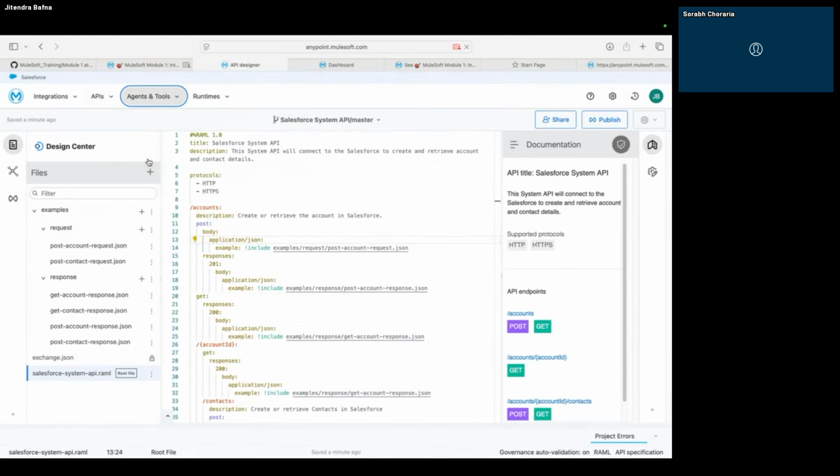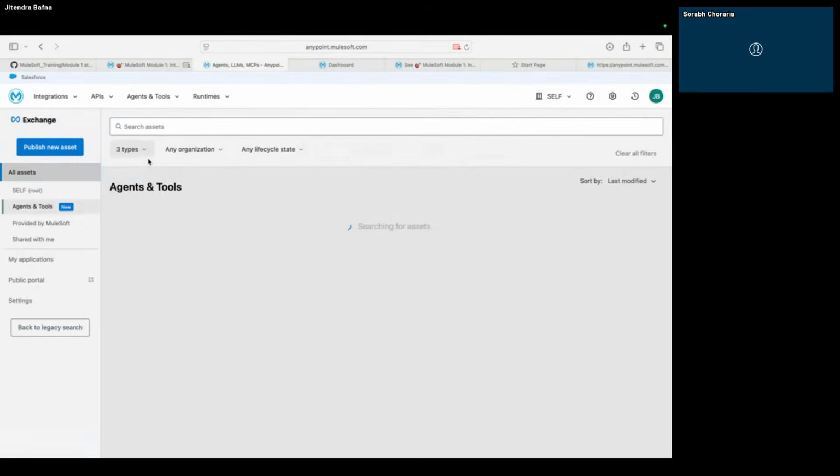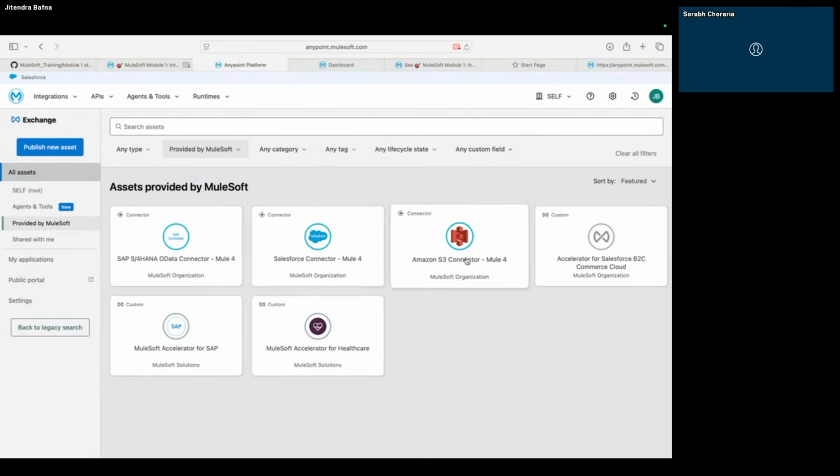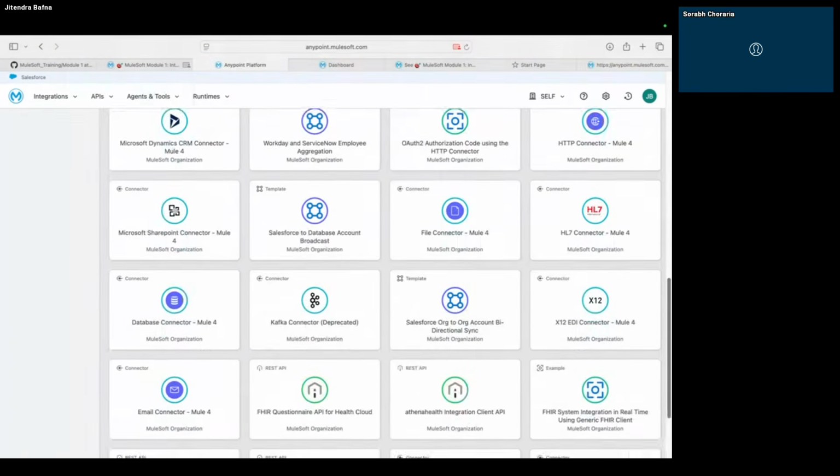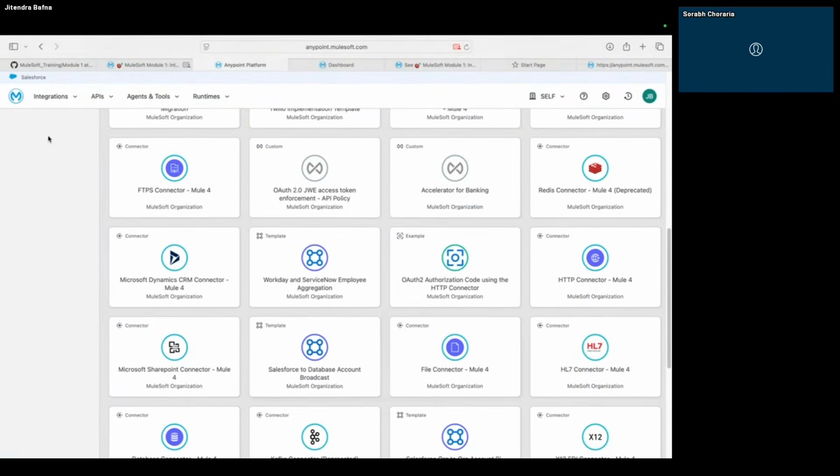Exchange is basically provided by MuleSoft. These are certain connectors and certain assets provided by MuleSoft. So we have FTPS connectors. A connector is nothing but, if you want to connect to FTP, you use the FTPS connector. If you want to connect to a database, you use the database connector. If you want to connect to SharePoint, you use the SharePoint connector.